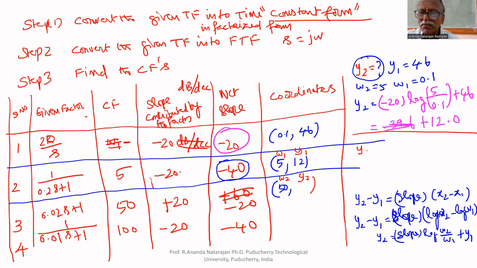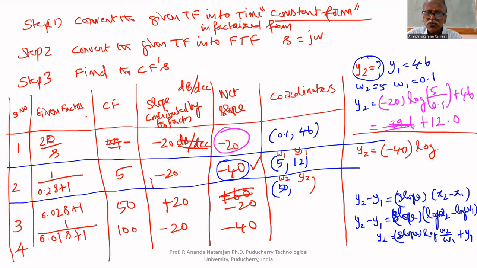You should remember like that. What is the slope? The previous slope. To calculate this, we have to use this slope. The previous slope always you have to use, because up to 50 only we are finding. After 50, this factor will contribute. Why am I telling like that? This factor will contribute after the corner frequency only. That's why that value we should not take; the previous value we have to take. So minus 40